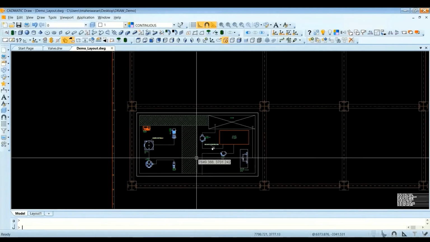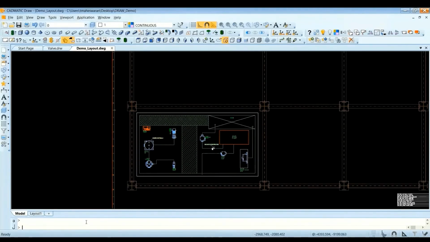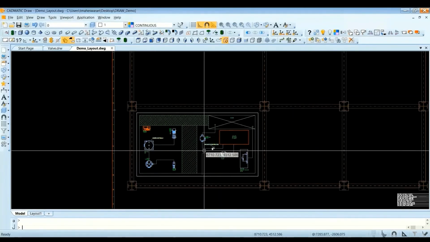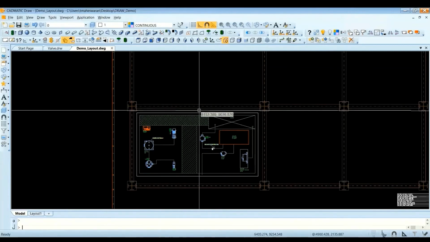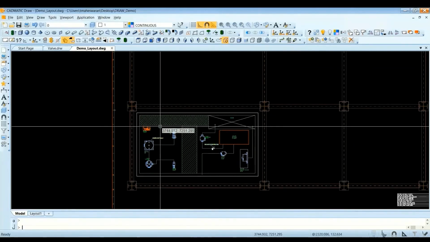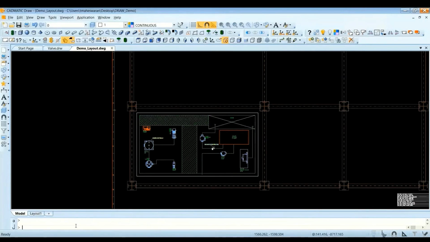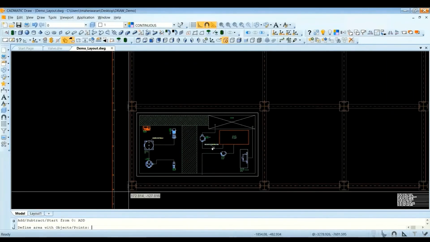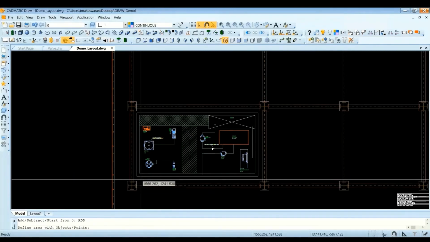Next, I would like to show you something about calculation. Suppose you want to calculate the area. Whatever layout I have, this demo area, suppose I want to calculate the total area between these frames, or only for this particular platform. In the command panel, I can just type area and press enter. I want only area, and then I want to add it. Now you can define whether to extract the area value based on the object, or based on point selection.